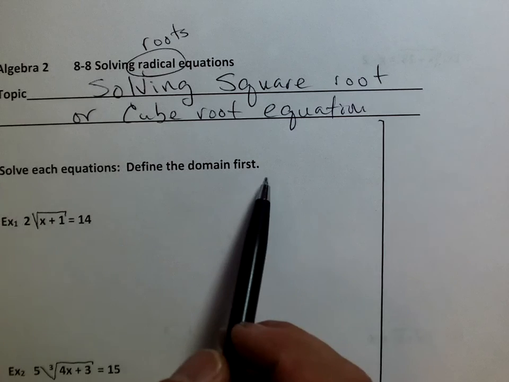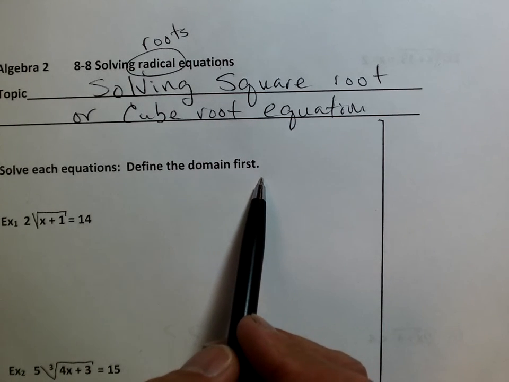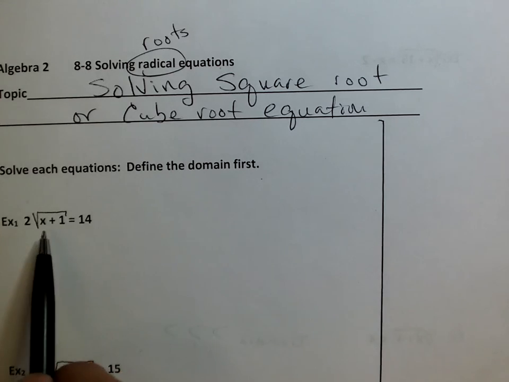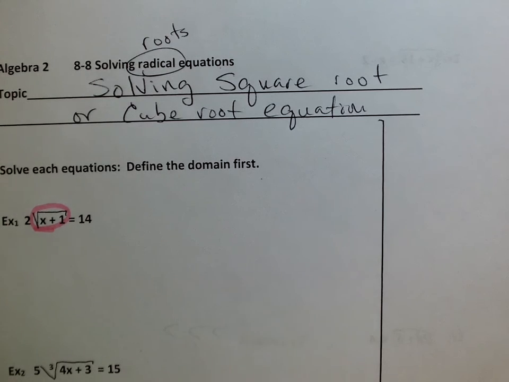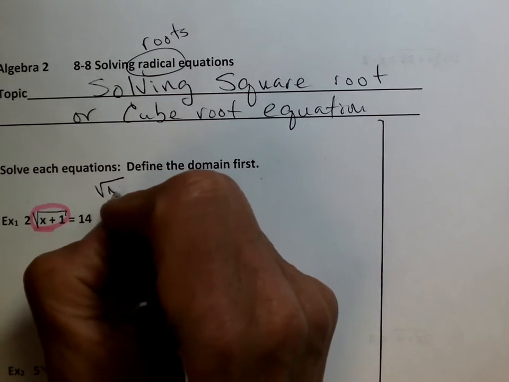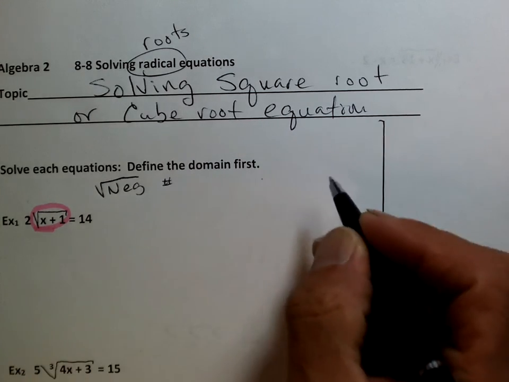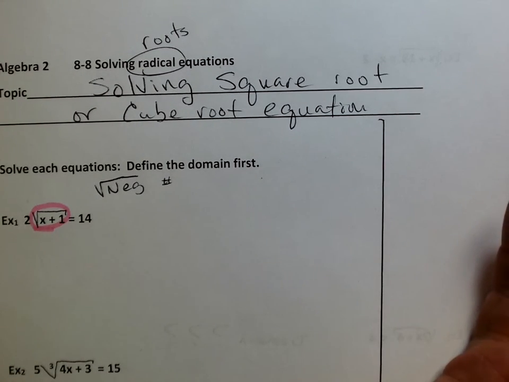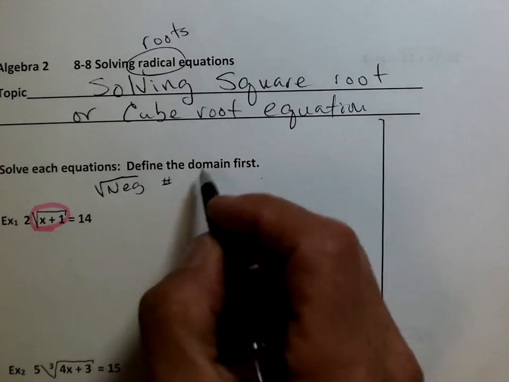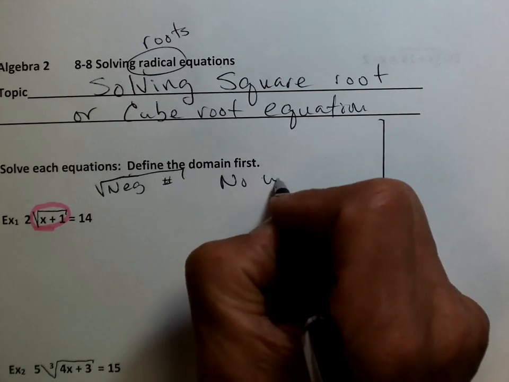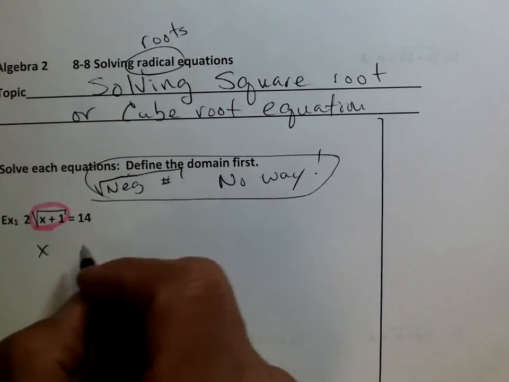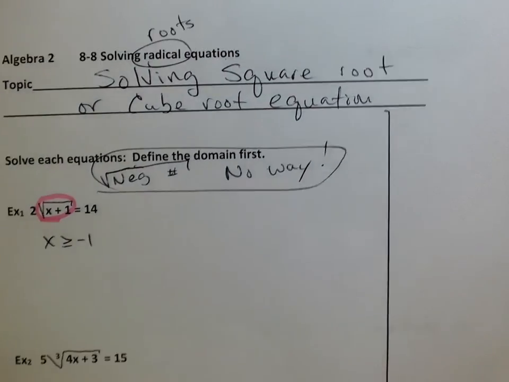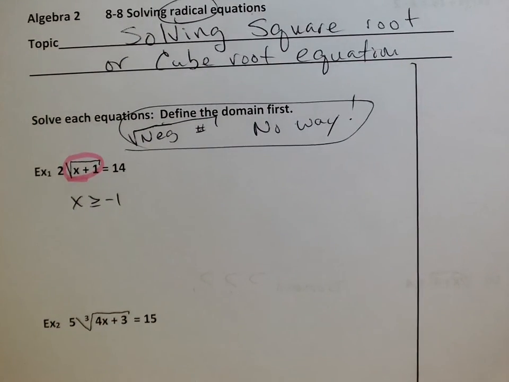So when you solve these, you have to at least think about the domain, right? So for example, inside of here can't be negative. You agree with that? We cannot take the square root of a negative number. It'll give us i answers. We aren't going to have i answers. We want real answers. Square root of negative numbers, no way. Can't do that. So I know right off the bat that x has to be greater than or equal to negative 1. Just think about that. No matter what, I know for sure that x has to be greater than or equal to negative 1. Because if it's equal,